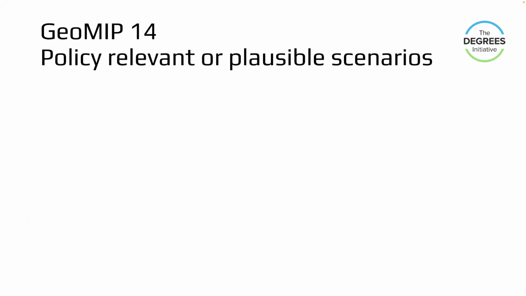I mean, what RCP 8.5 or arguably RCP 1.9, don't mean to get too political here, but those might not be plausible, but they're useful and they're informative. Likewise, some of the early GeoMIP experiments like G1 is conducted under a quadrupling of atmospheric CO2, if my memory is right. Not plausible, but useful. So at the end of the day, we abandoned this as a concept, and we really focused in the conversation